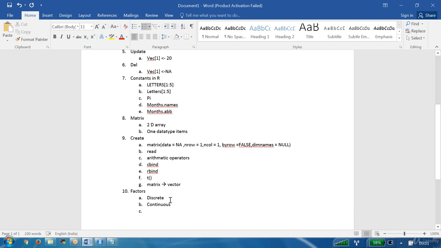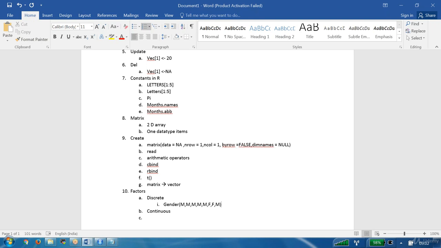Tell me, let's say I am giving a gender column. In the gender column, I have the values: my gender is male. This guy's gender also male. This guy's gender also male. That guy's gender also male. I am writing here, and she is female, and he is male. Like that I have written here. Now whatever values are available in the gender column, are they discrete or continuous?